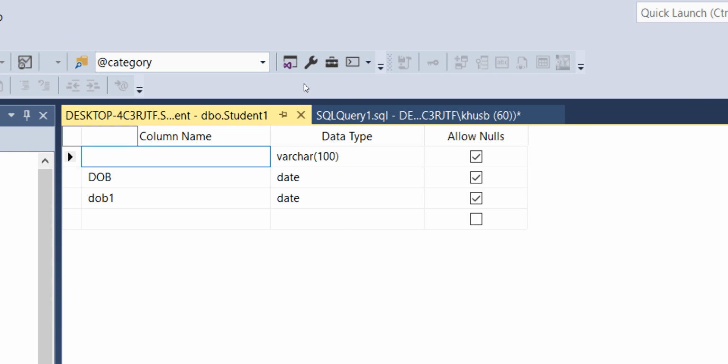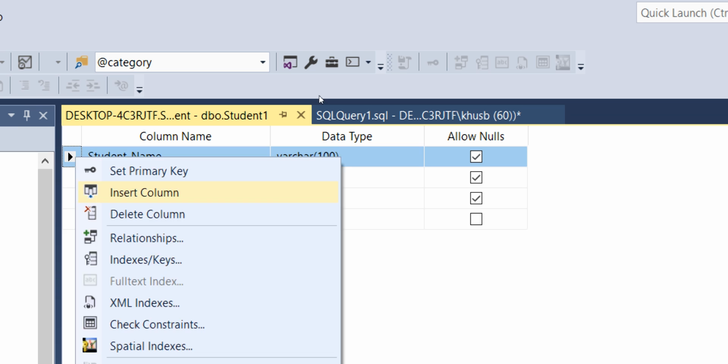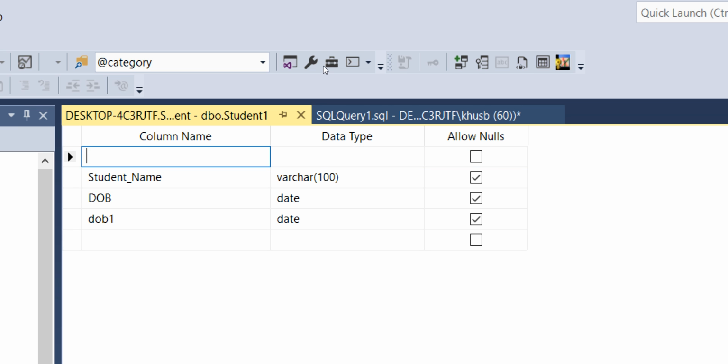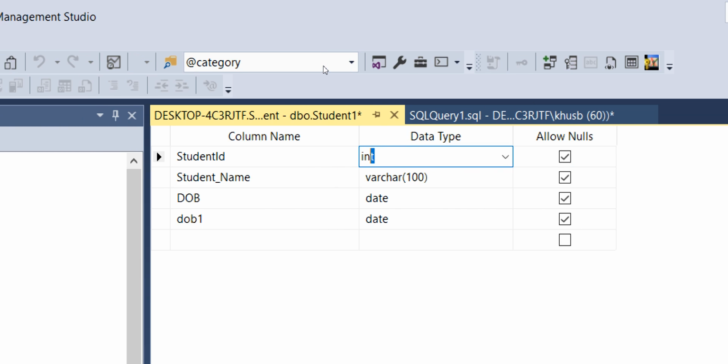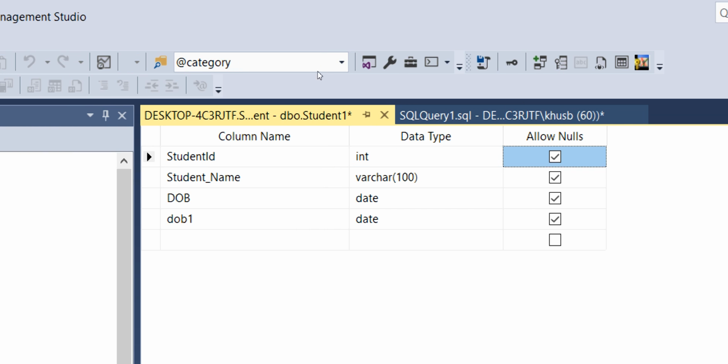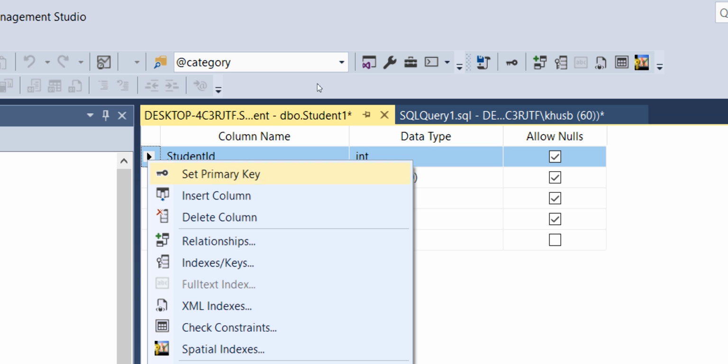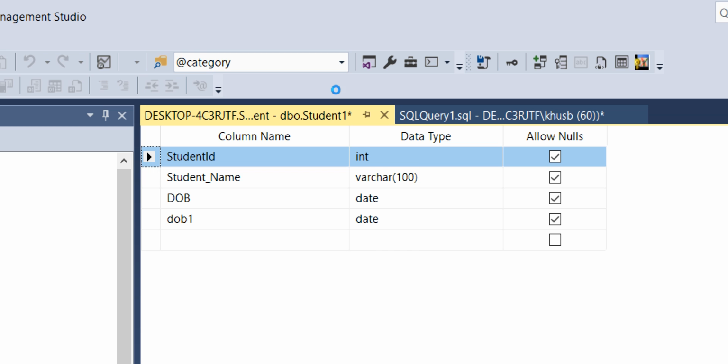We have already discussed the primary key, right? So let's now create a primary key. Let's say I want to create student ID. It is of integer type, and now right click on this, click on set primary key, and then save this.